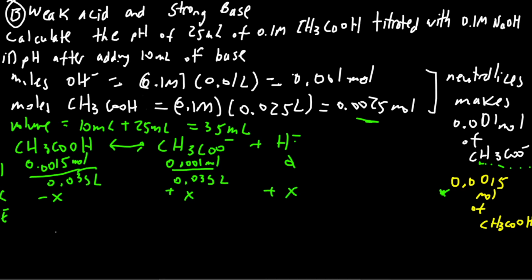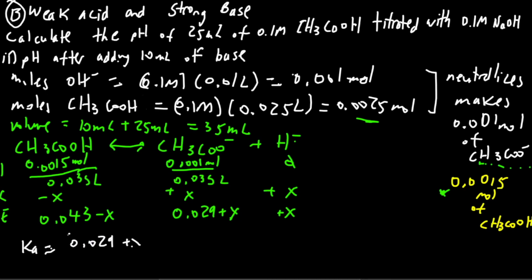After you do the calculations, you're going to get 0.043 minus x. This is going to be 0.029 plus x, and this is going to be just plus x. From here, using Ka, you're going to have Ka equals 0.029 plus x. So this is the products over your reactants of